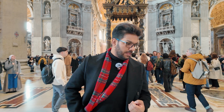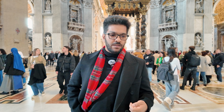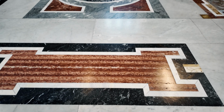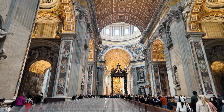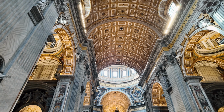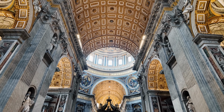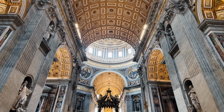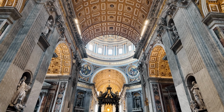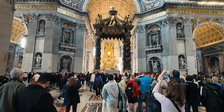So right now we are here at the St. Peter's Basilica, which is the most important church, especially as far as Catholic churches go. When you're walking in, they've designed it in such a way that everything is being revealed as you take a step forward. With each step, there's a reveal, especially in terms of the dome. And it reminds me of something that I'm quite big on, which is